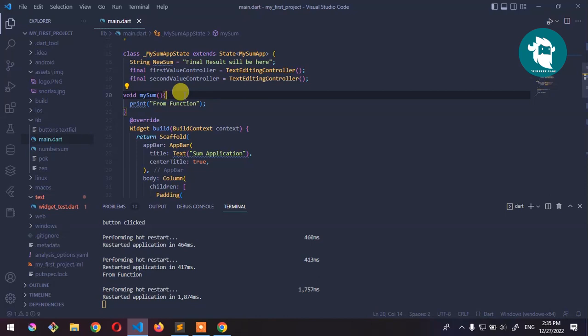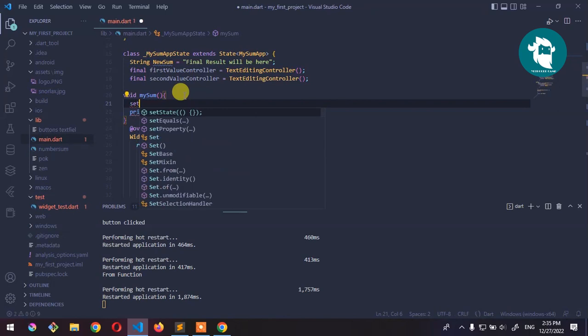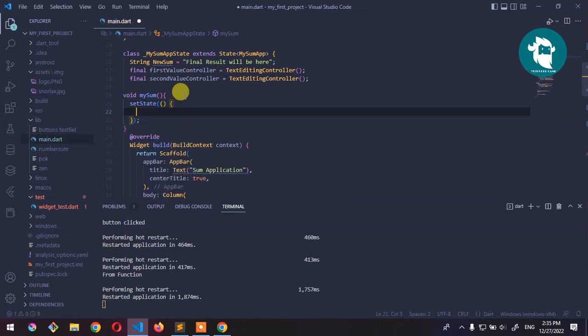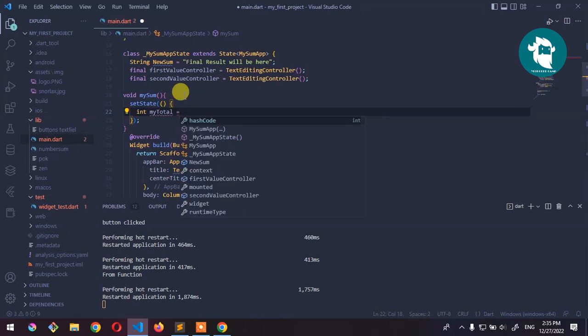In void sum, let's set state, use the set state function. Then inside here we're gonna define a new integer. Let's call it my total. My total equals to,